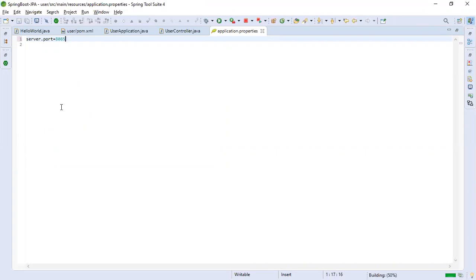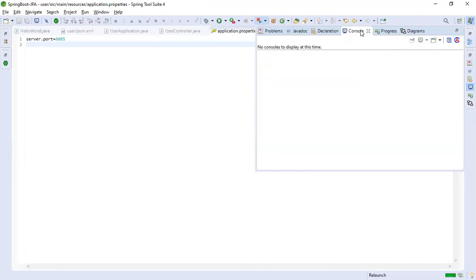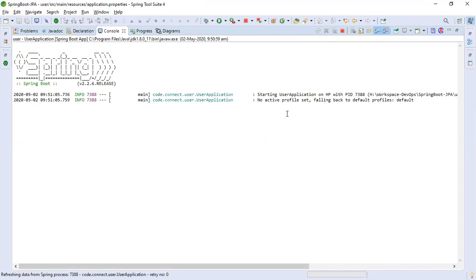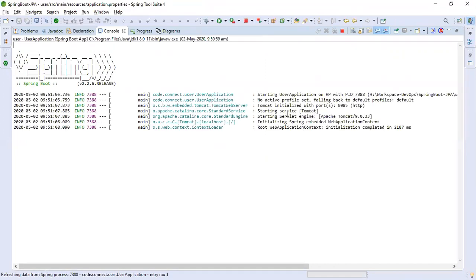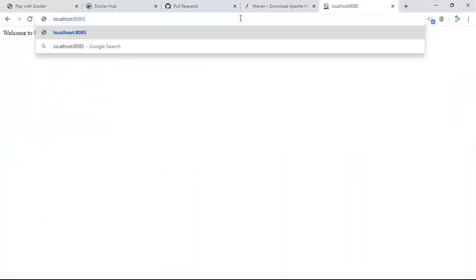If I give 8085 and relaunch this application, you can see Tomcat is running on 8085.